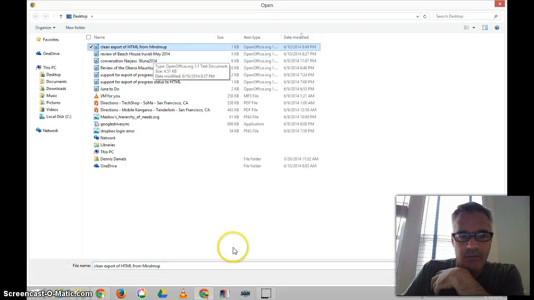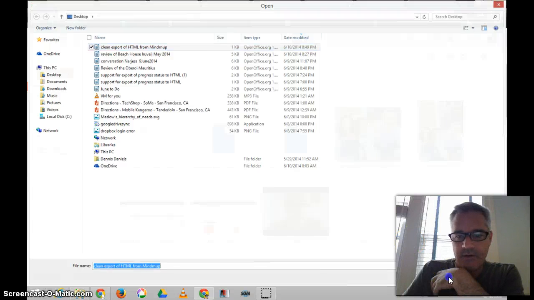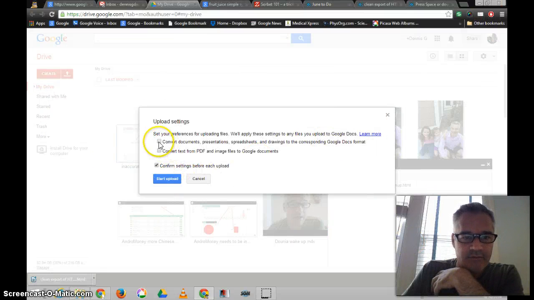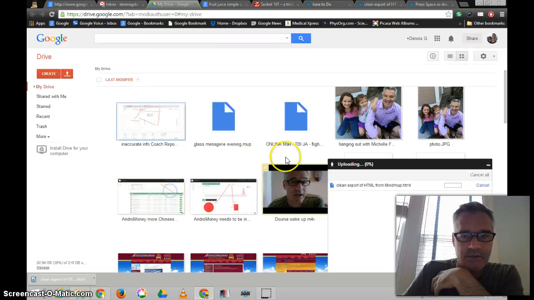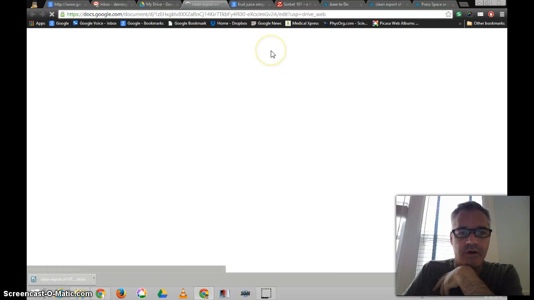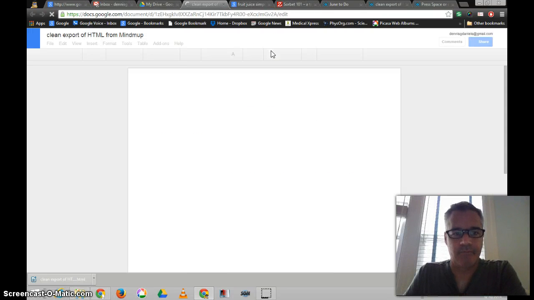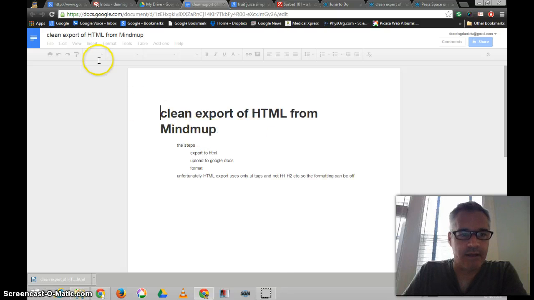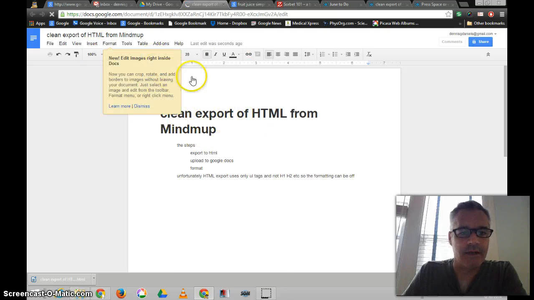and clean export. Open it as an HTML, click open, convert, start upload, and now it's open, and when we open the file, you'll see that again it's imported correctly,